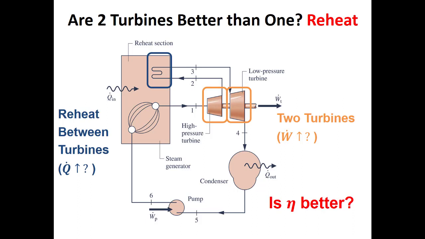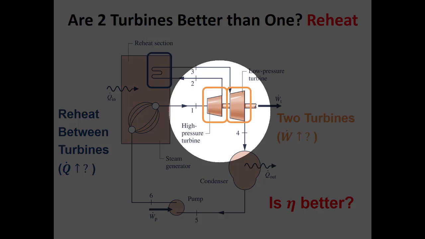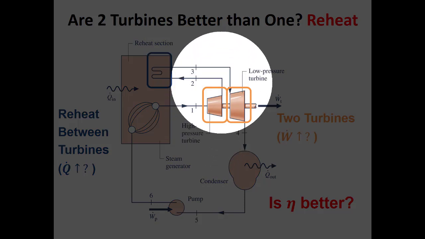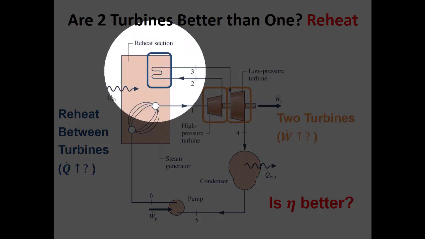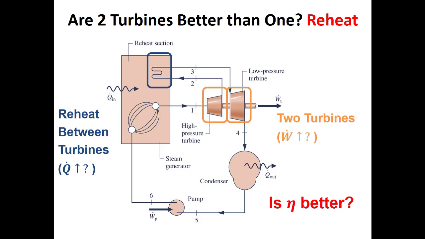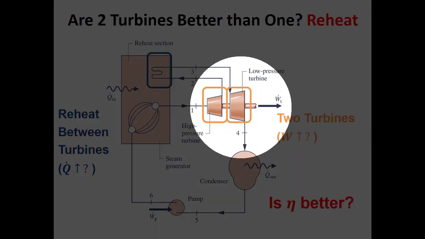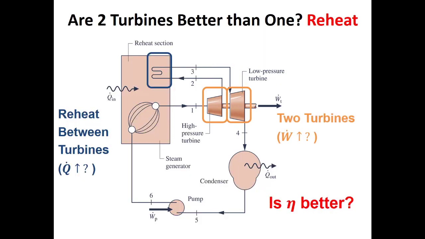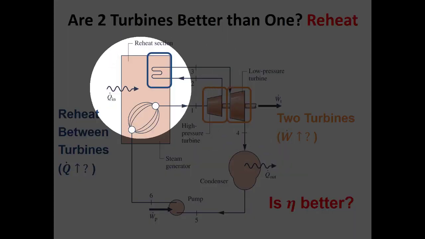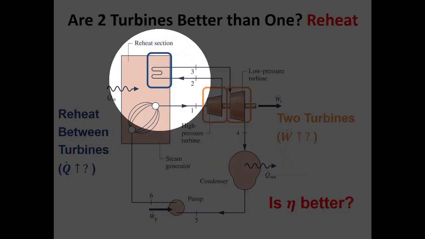So the benefit of splitting the turbines like this is that after we go through the high pressure turbine, we can heat that fluid back up. So we can put more enthalpy into the steam. And by doing that, it means that we can get more work out of this low pressure part of our power generation process, right? So this low pressure turbine. And we kind of already have this steam generator here. So we're putting more heat into the system because we have to reboil or reheat this steam.